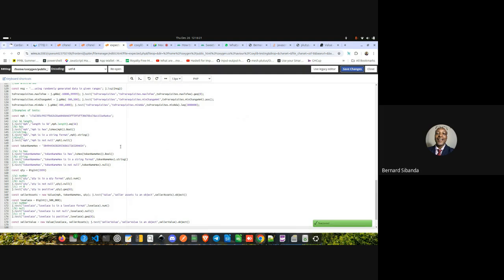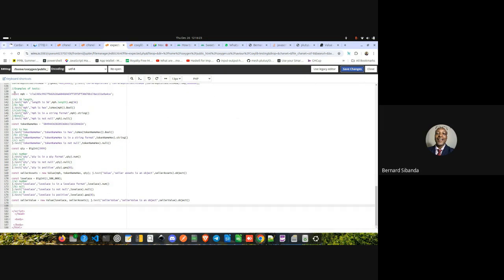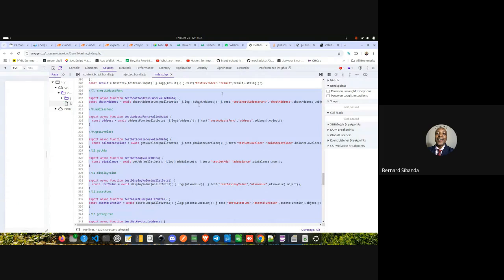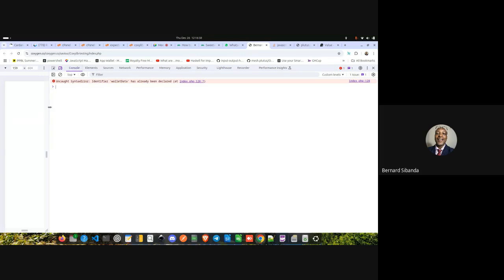Let us not even test. You saw what we wrote here. Let's try to run it under expect, because let's try and see. Let's run it under expect. So I changed this index and I put expect.